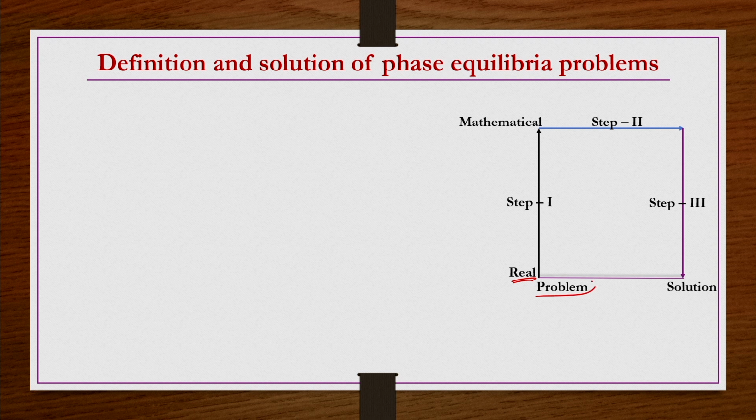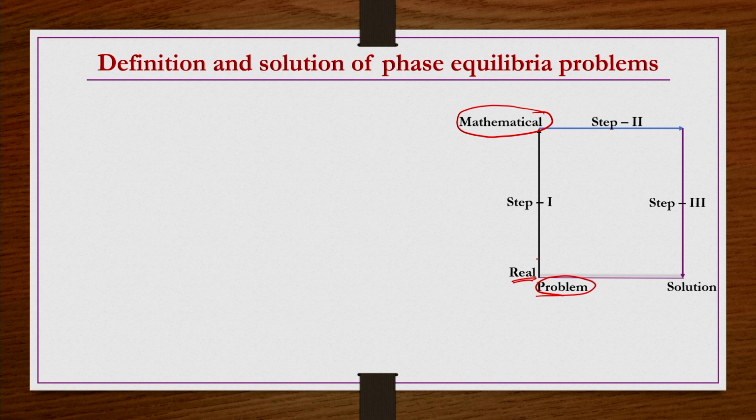So, let us say we have a real life problem. Okay. So, with this real life problem, what do we have to do? We have to convert it into a mathematical form representing the real life physical problem. That we call the first step, where we are transforming the real life problem into a mathematical form, a mathematical equation. So, there should be functions to define this real life problem in mathematical terms. So, what are those mathematical functions, we have to find out.